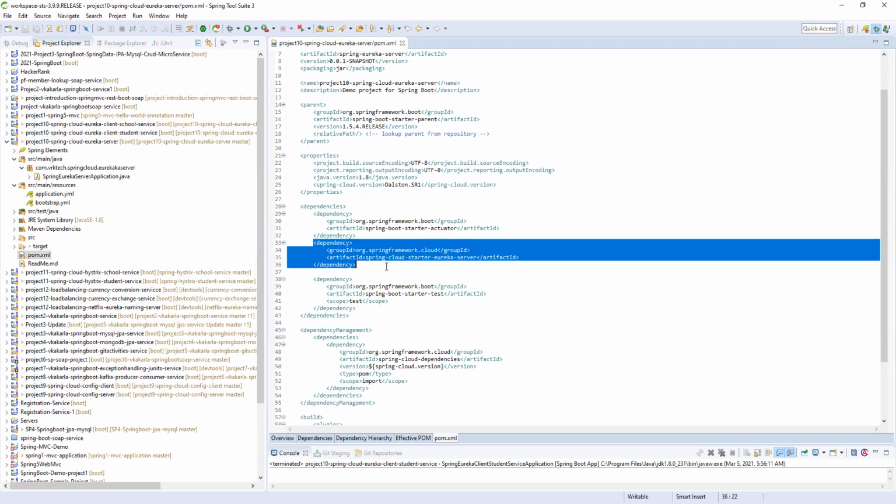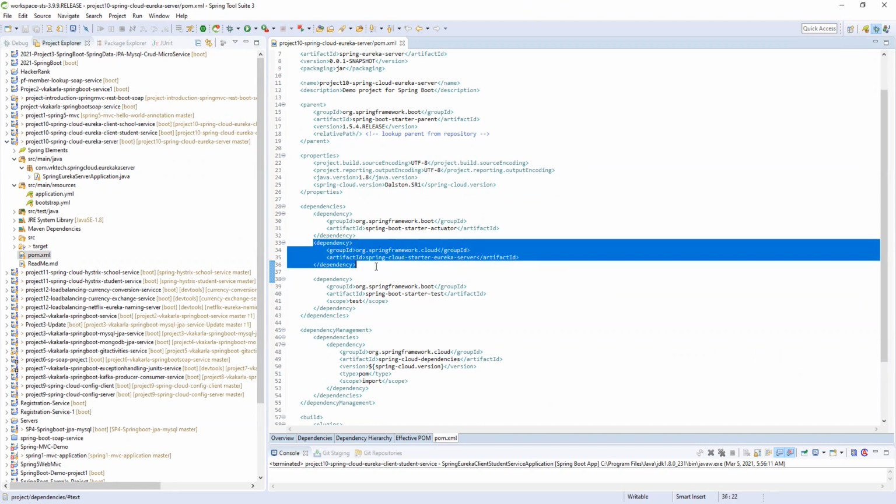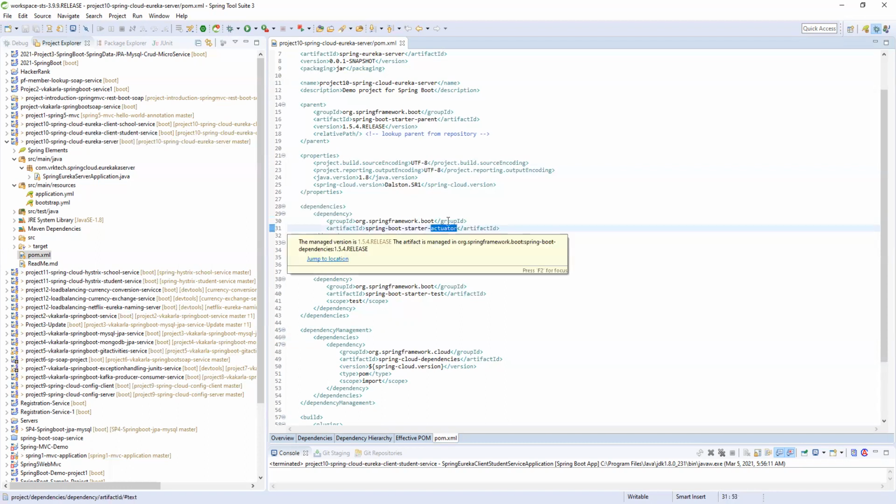Simply we are integrating a simple microservice with the Eureka server. For that I added Spring Cloud Starter Eureka Server. So simply I need this one, and also Actuator. This is the main use case of Actuator: it will always keep on listening to heartbeats from whatever services are configured and listed in this server. When a service is down, it will detect that. How we are going to write components in other services using this Actuator, we will see now.